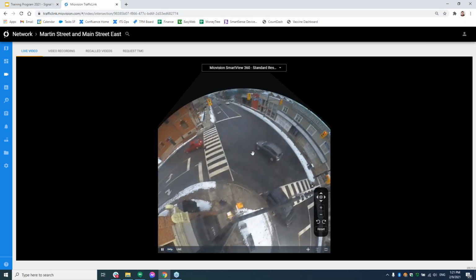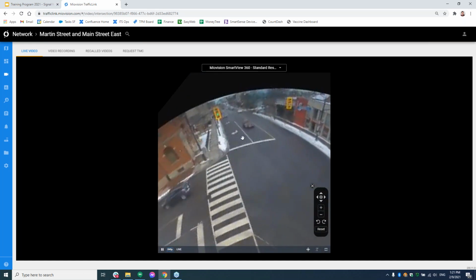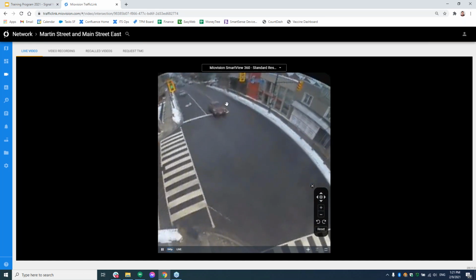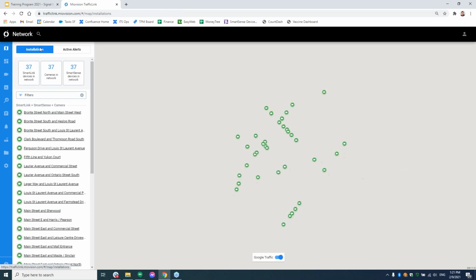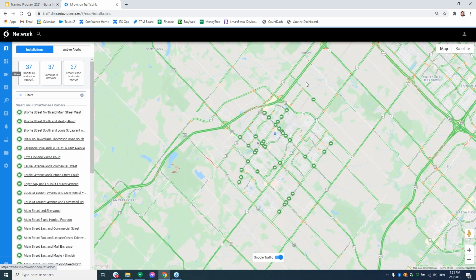So when you're doing observational things like this, panning around and trying to observe some things, you do have control over the video quality. And where this comes in, if I go back to my network and click on the video tab